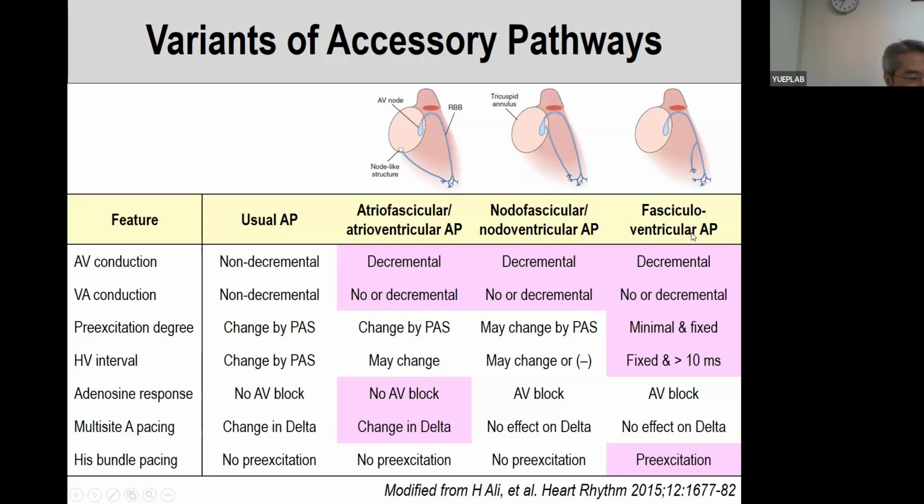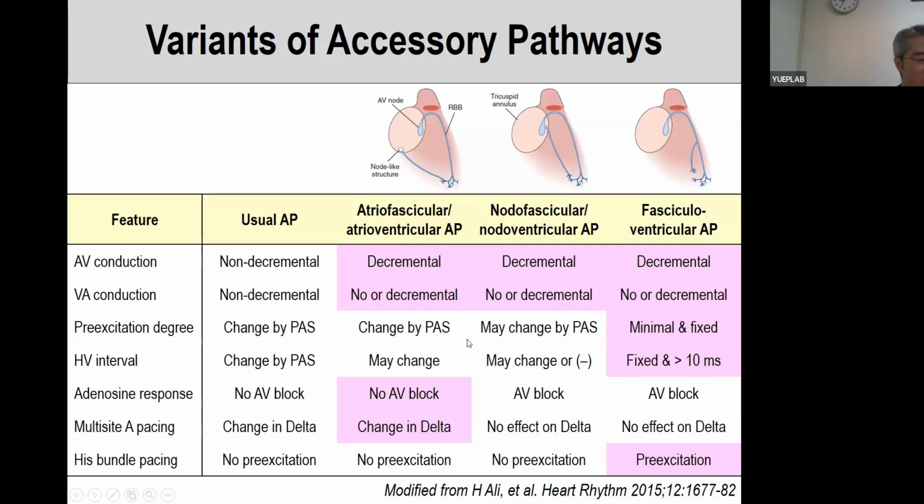Because of this, the pre-excitation is minimal and fixed, and the HV interval is shorter than normal. However, with other pathways, for example atriofascicular or nodofascicular accessory pathways, the pre-excitation degree is larger than this one and may change